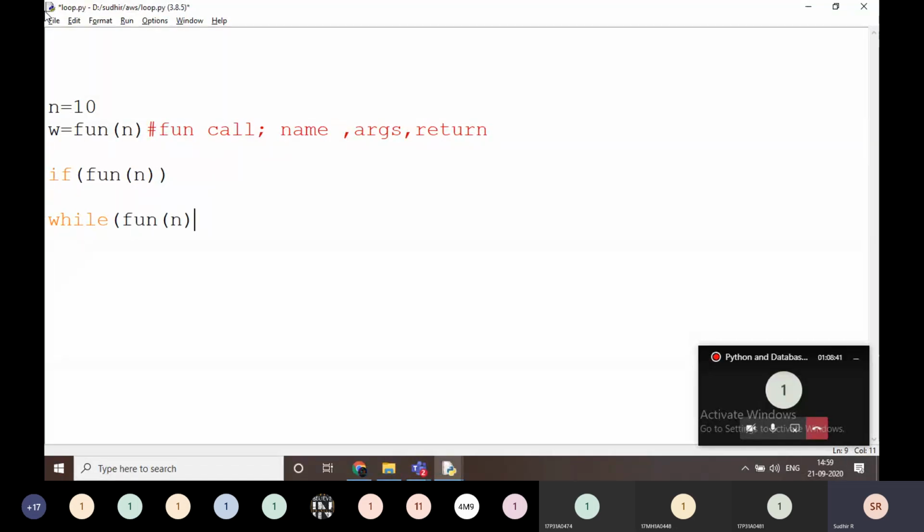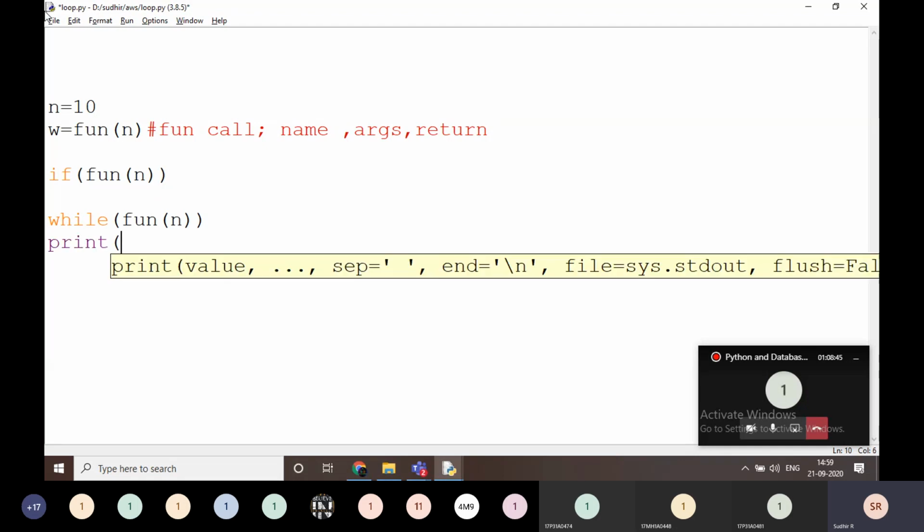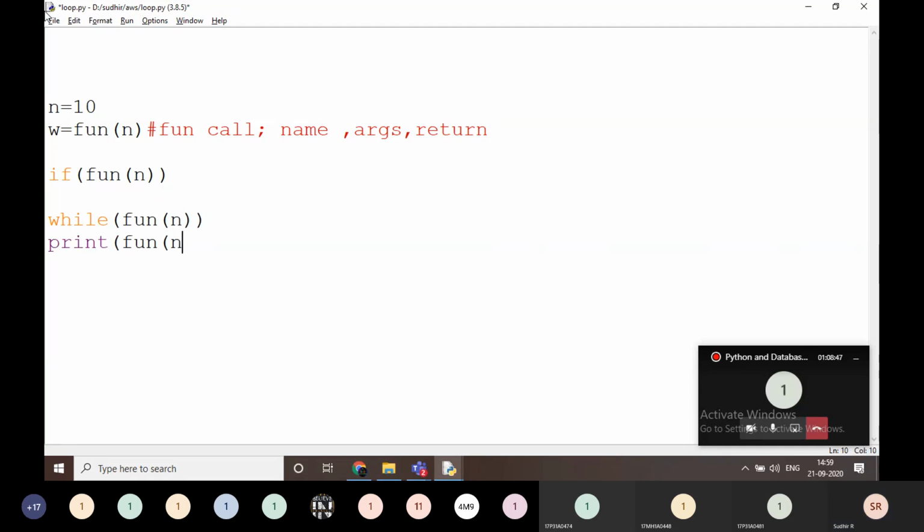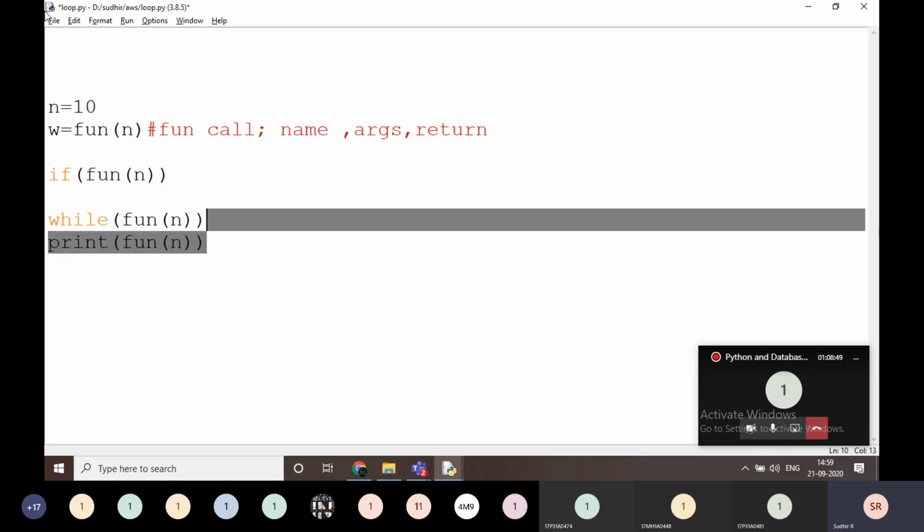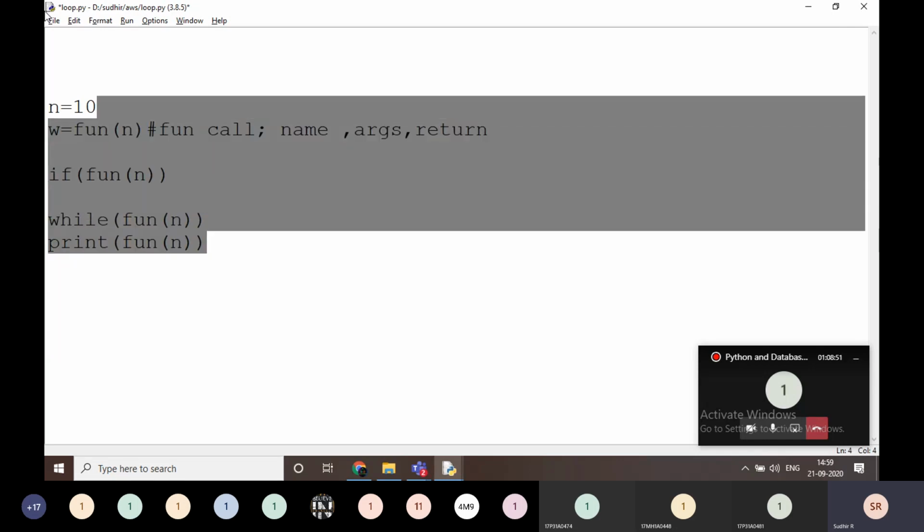For example, I am going to write any conditions or any print statements. In all these four different cases, that means the function has a return value, no doubt about that.